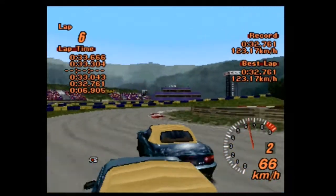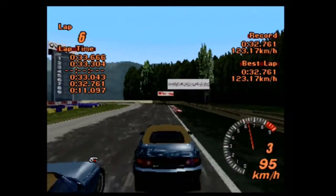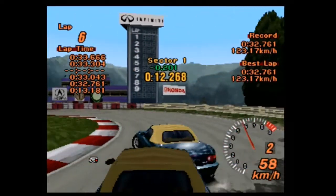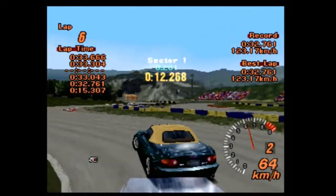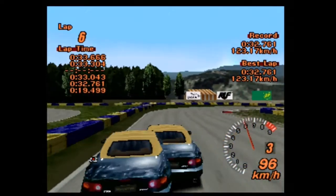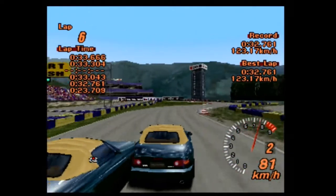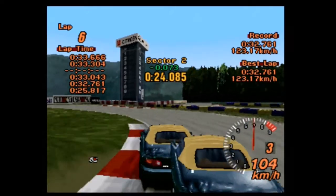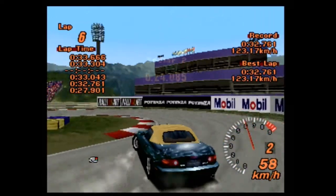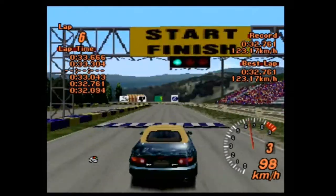Maybe I'm just being really quick today or something, I don't really know, but it seems to be tackling it quite nicely, and it's only improving. It's a really solid car to drive, this one, actually. I do rather like it. Again, I've spoken about the difference between NA and NB. I'm more of an NB man personally, but this NA is quite a nice car to drive. Try and swing it into the final corner. Ooh,